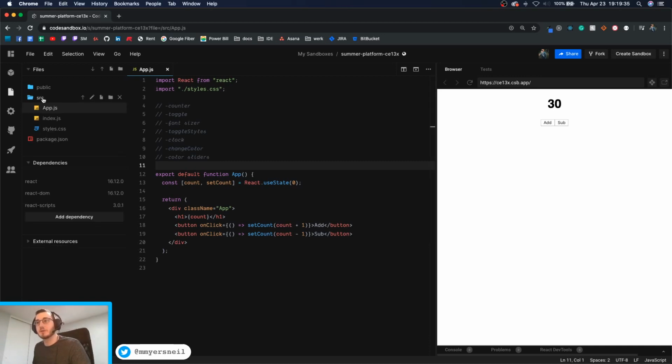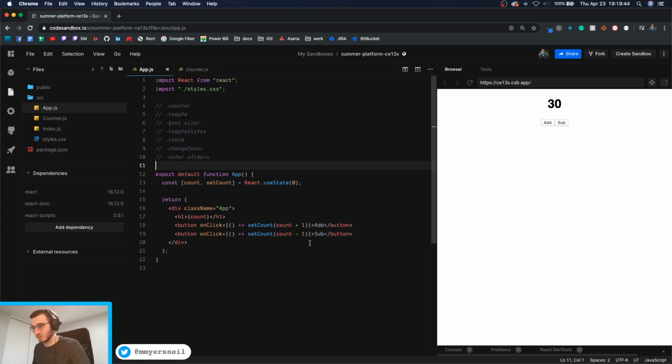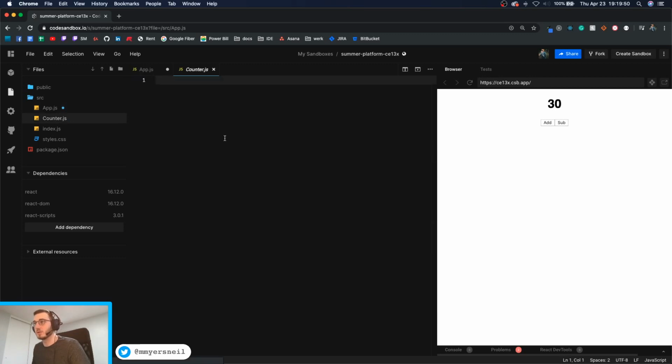All we have to do is come over here to our source folder and create a file. We'll call this counter.js. Then we're just going to copy over, remove all this from there, and in counter, write that same component and put it in here so that we can call it elsewhere. First thing, we just need to import React from React. And then down here, we write a function called Counter, put those parentheses there because it's a function, and then return